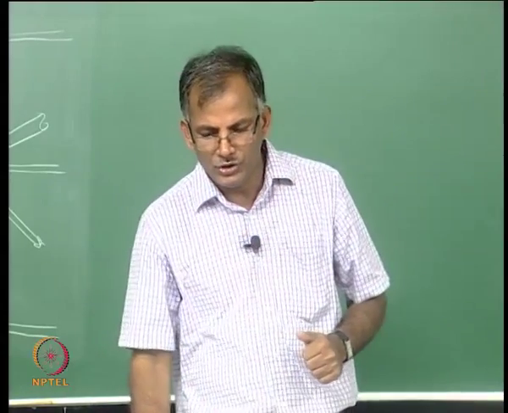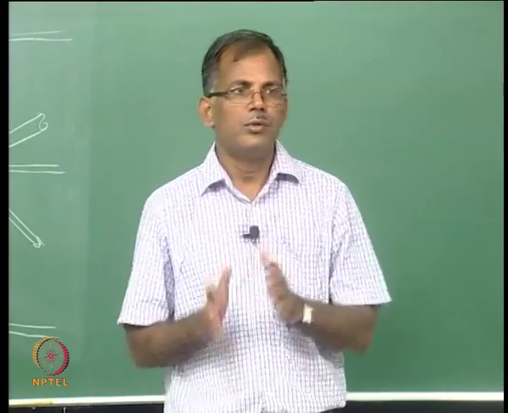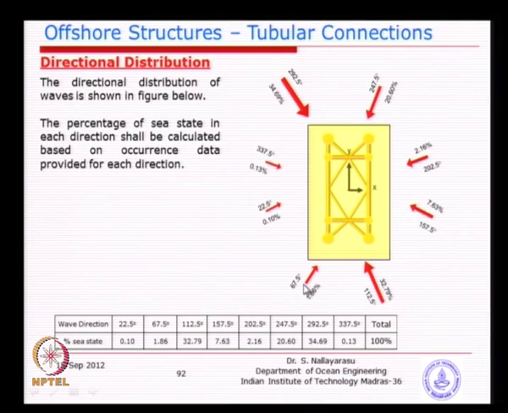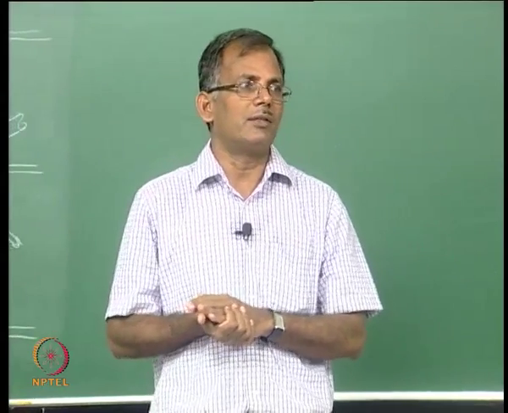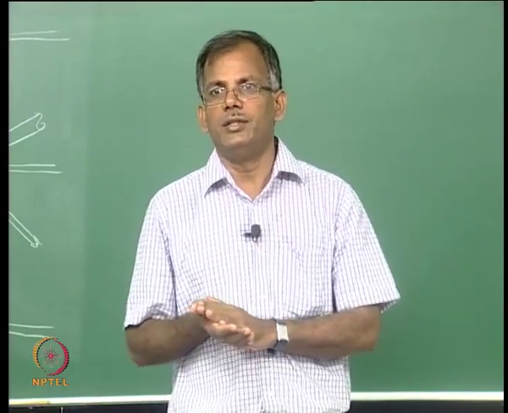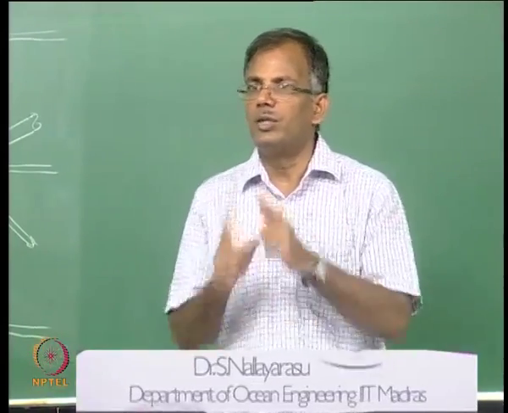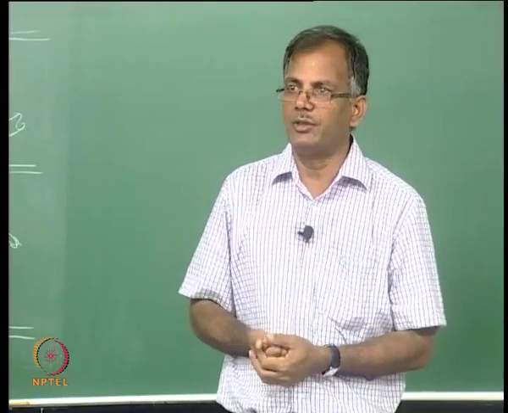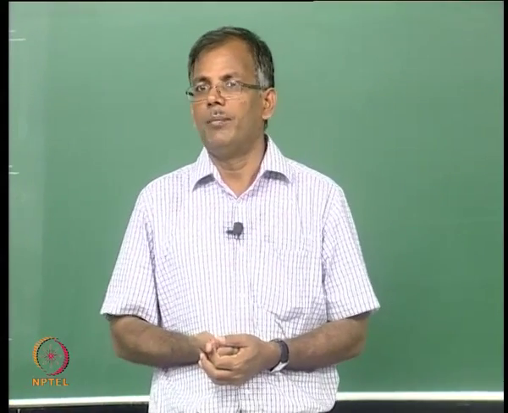Basically you have the wave data and the wind data, and with the wind data you just decide on certain ranges. For example, the waves are not going to come only in the direction I have drawn here, you may have any direction, but what we have decided is a band of the area. For example, 0 to 30 degrees, if it occurs, I will assign to one direction, because theoretically you should do the analysis of the structure for all possible wave directions. That means you may have thousands and thousands of directions, which is not practically possible.